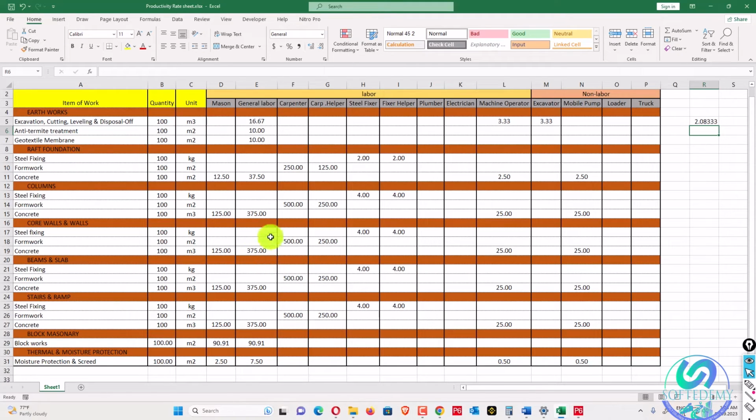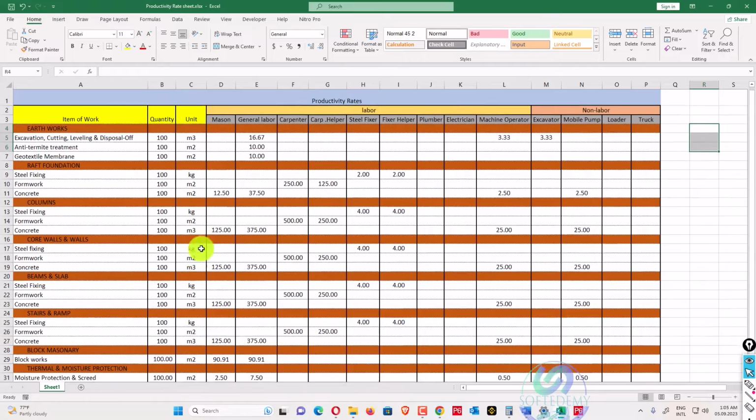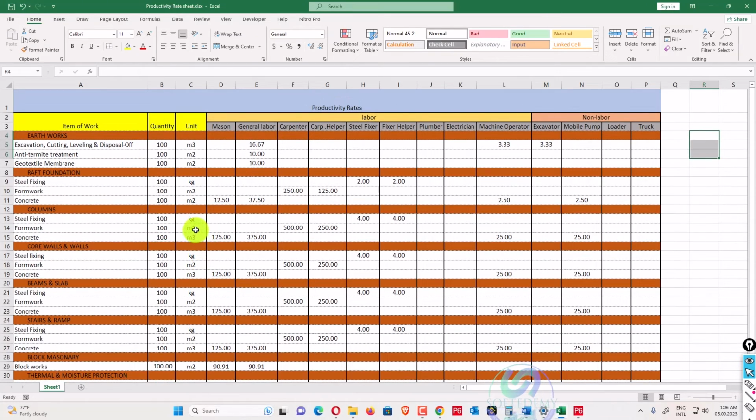If there is a single crew, and we also consider 3.33, so this is the complete crew: 16.67, 3.33 and 3.33. It's not written here what the unit is, whether it's man days or man hours. What I consider here, because 250 is too much,